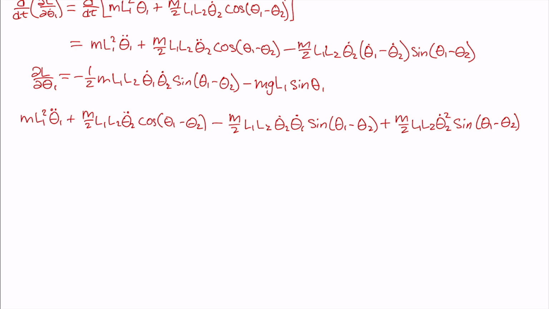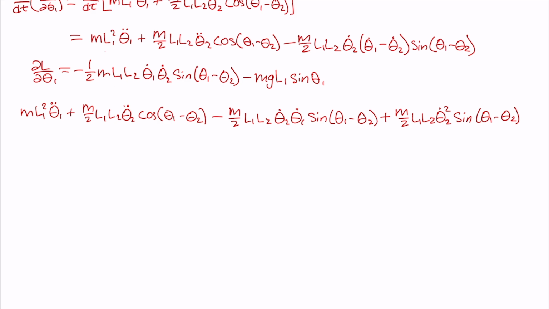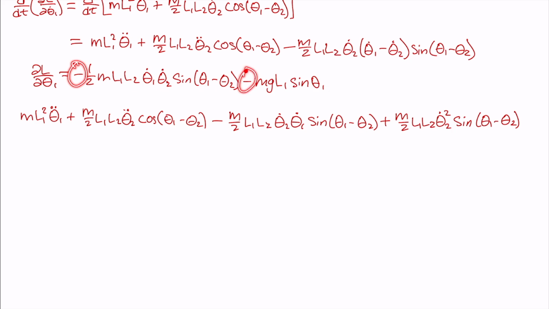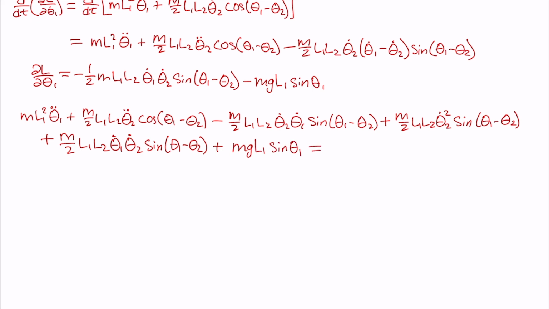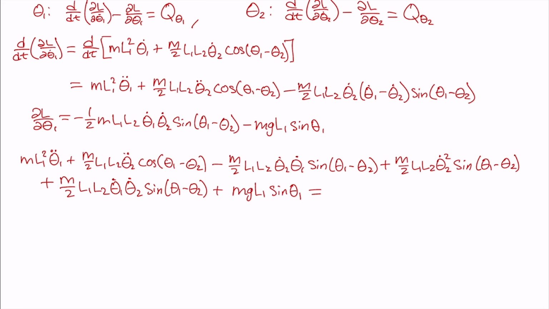And then we're going to subtract the partial of L over partial theta 1, and that will make both of these signs positive right here. So we're going to get plus m over 2 L1 L2 theta 1 dot theta 2 dot sine of theta 1 minus theta 2 plus m g L1 sine theta 1, and then this will be equal to, if we go back up to our generalized force, P of t